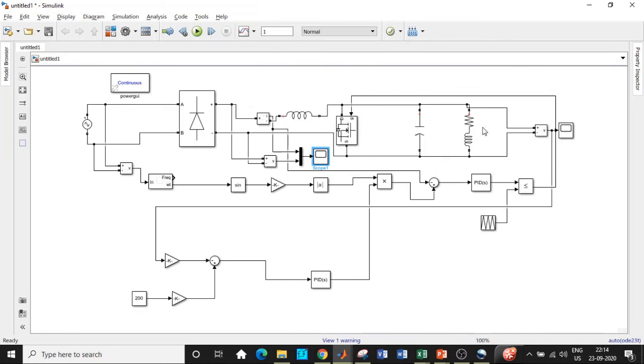So the supply voltage and load voltage are both multiplied, and the value of voltage is compared with the current signal, and the deviation is given to the PID controller. The error is reduced and consequently given, and with respect to the SPWM technique, we'll be triggering this particular switch. I hope the concept of achieving power factor correction is understood and you were able to simulate this in MATLAB.